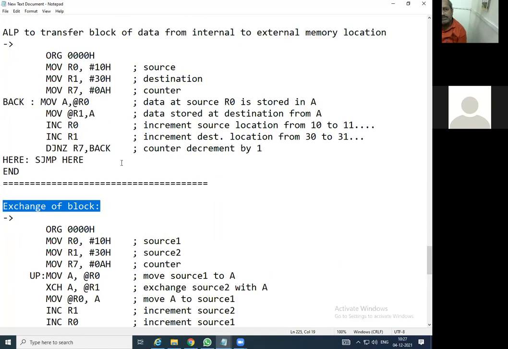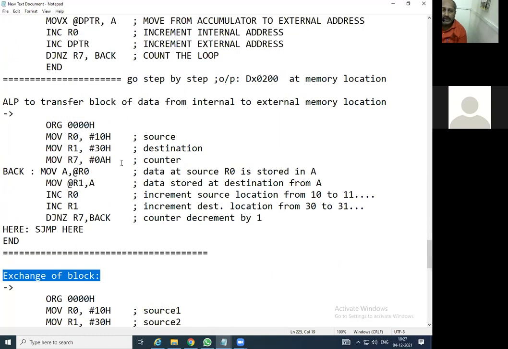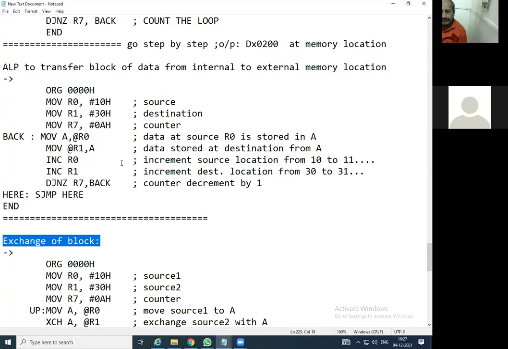Now, what is the difference between transfer of block and exchange of block? Exchange of block is just interchanging the data. Suppose at one location the roll numbers 1 to 10 are stored and at some other location the roll numbers 20 to 30 are stored.